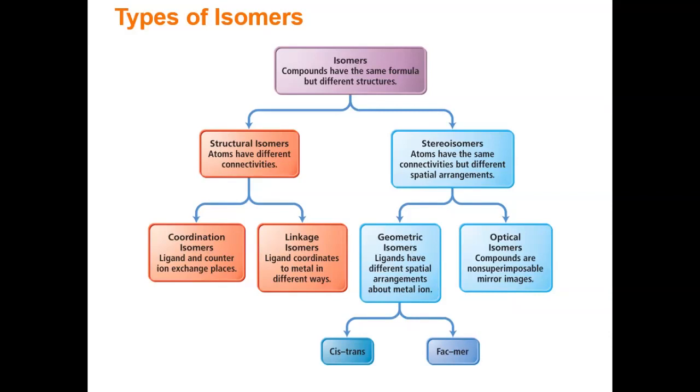So let's look at structural isomers first. These are the ones that are same formula, but the atoms have different connectivities. There are 2 possibilities here. The first one is what we call a coordination isomer. And this is one where the ligand and the counter ion exchange places. So let me come back here to our